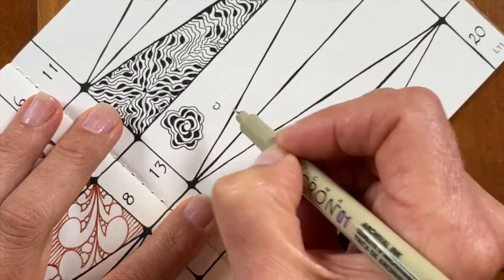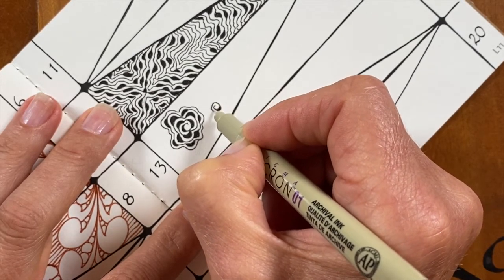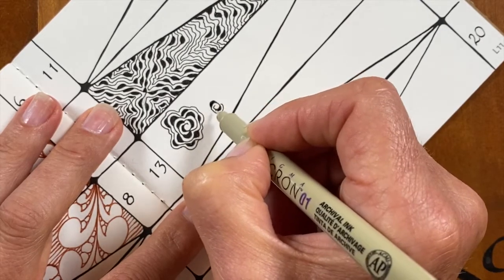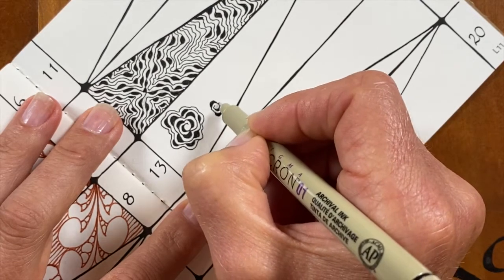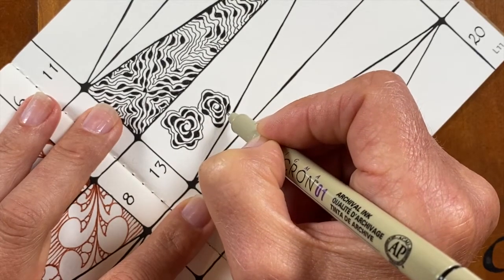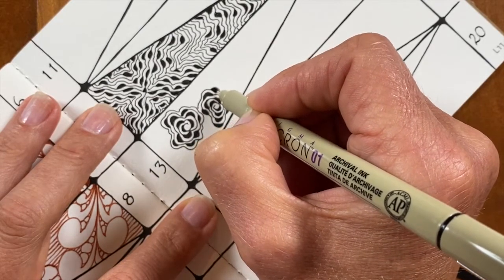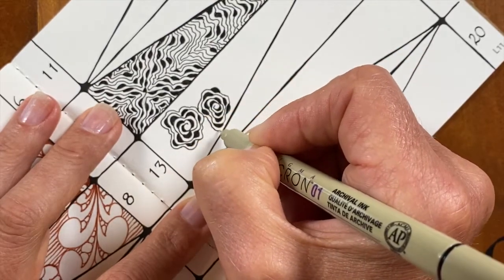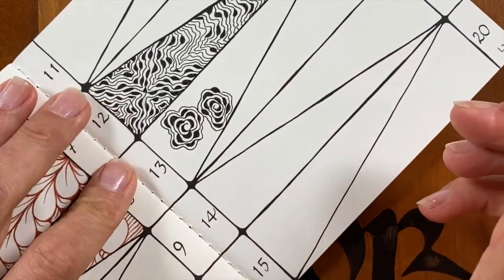Starting my spiral and stopping and adding my first lump. Might seem awkward at the beginning, but you'll get into a rhythm of line work and ink work. This is one of my favorite tangles, and so it's relaxing for me to draw this, but I can remember feeling not so confident at one point in time with it. And if that's where you are right now, just remember to take a break, have a look at what you're doing, take a minute,